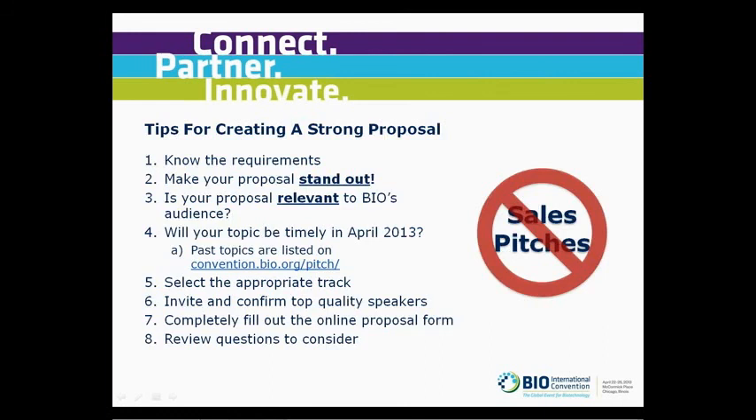And then the next thing is completely fill out your form. A lot of times some of our submitters may not completely fill out the form, and occasionally our program committee doesn't think they're really committed to that proposal, so you want to make sure you come across as committed by completely filling out every single question and as much as you can, or as much information